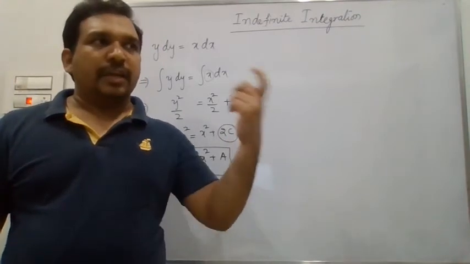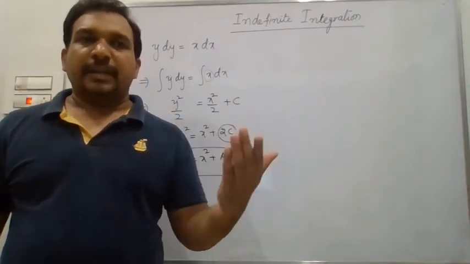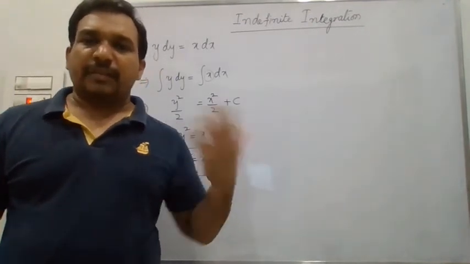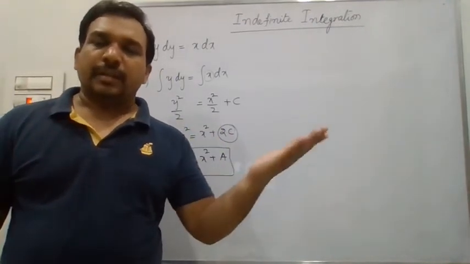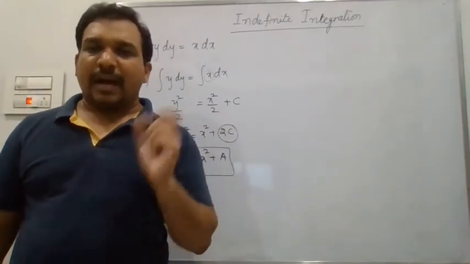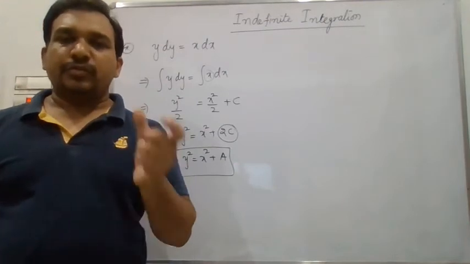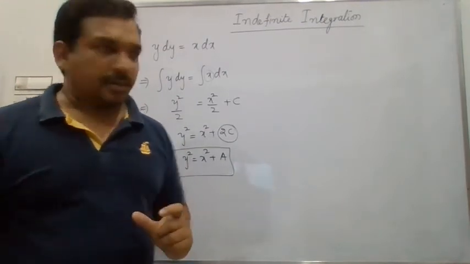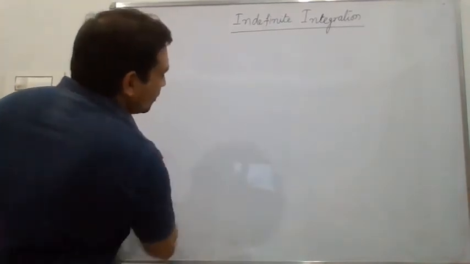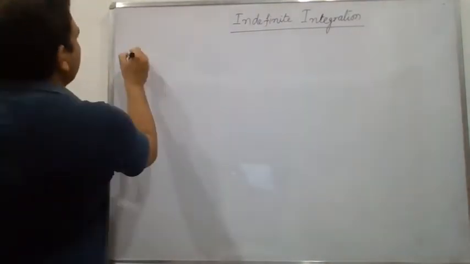So wherever in a big question we solve, if I get the integration of sin x, directly I can write the answer as minus cos. Somewhere I'll get the integration of e power x, so directly I can write e power x plus a constant. Like that, we should have some data with us beforehand to save time in a big question. Okay, so those formulas I am going to write here. Simple formulas only.